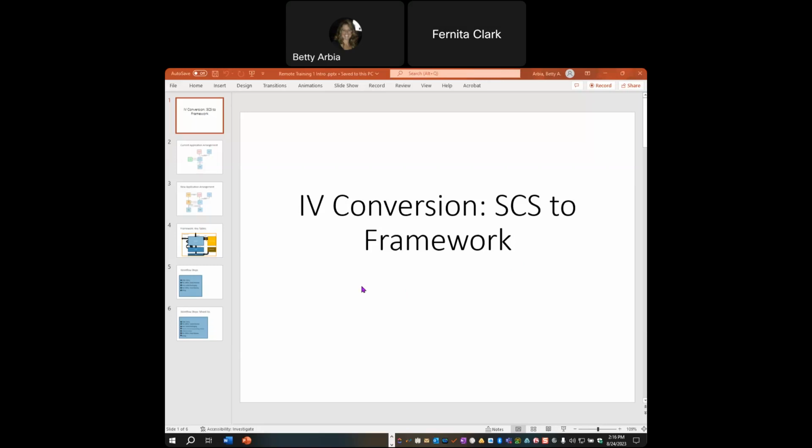So the first reason is SCS support is no longer available. We don't have support for SCS anymore, and our contract is ending at the end of the year. So we have no more upgrade availabilities, and if things need to be fixed, it takes a lot for us to open up a ticket and try to get that done. So this is why we're transitioning from SCS to framework. And then our second slide is just going to show you